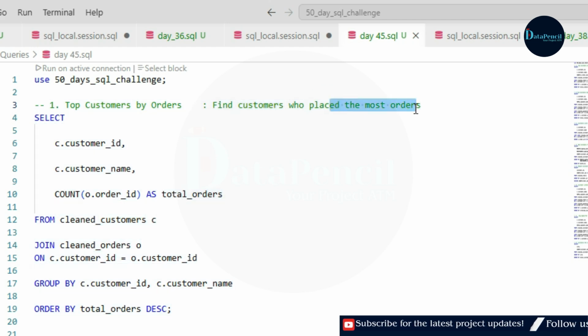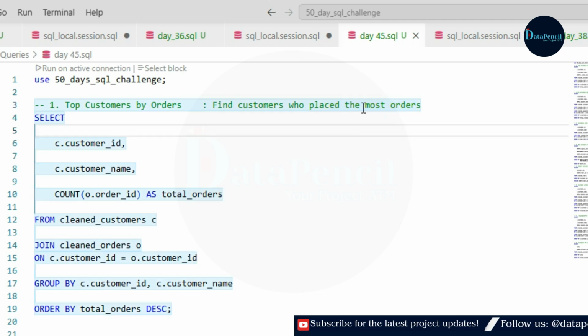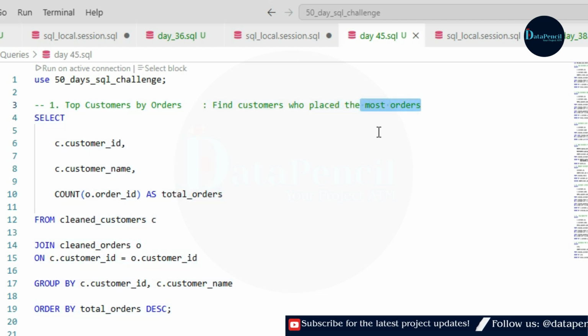So here we need to make groups of customers, which means we are going to use group by customer ID and customer name, right? And as we want the highest number of orders, we will arrange our total orders in descending order, so that at the top we will get the highest one.